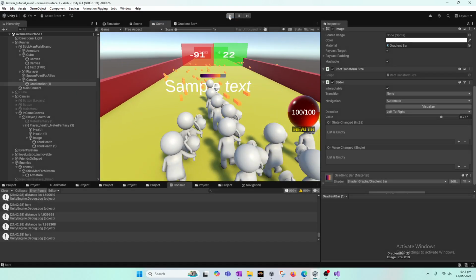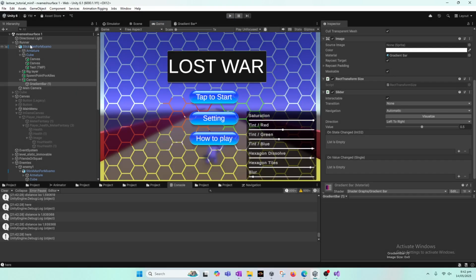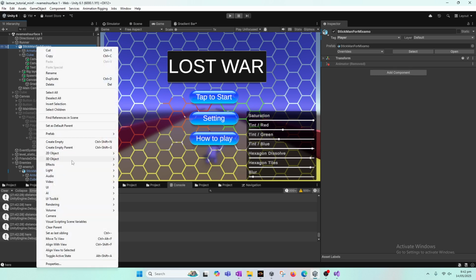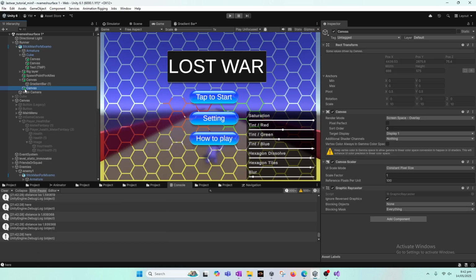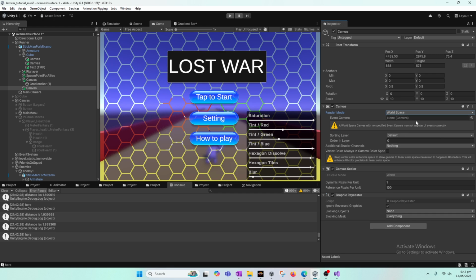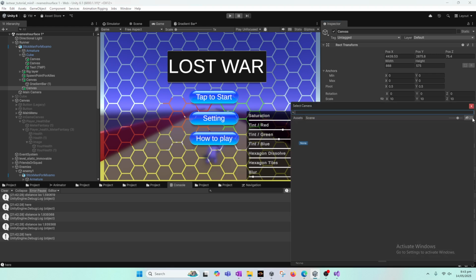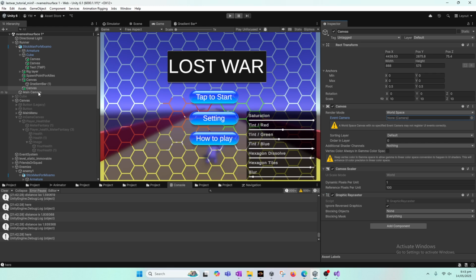Whenever it moves, the progress bar moves along with it. So to make it, you just have to go into the runner game object, and inside stickman for example you can simply create a UI and then canvas. Once the canvas is created, since we want our canvas to be in world space rather than as an overlay, we will simply press world space and then press the event camera here. In the event camera we will put the main camera,